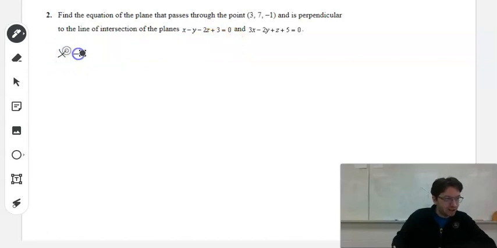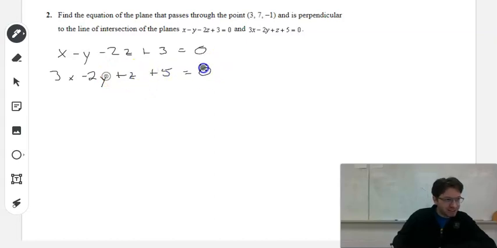So we have x minus y minus 2z plus 3 equals 0, and we have 3x minus 2y plus z plus 5 equals 0. Now you can certainly set this up as a matrix if you want. If this is plane 1 and this is plane 2, I'm just going to multiply plane 1 by negative 2 and add plane 2. So it's the same steps you would do in a matrix. That gets rid of our y's and leaves me with just x plus 5z